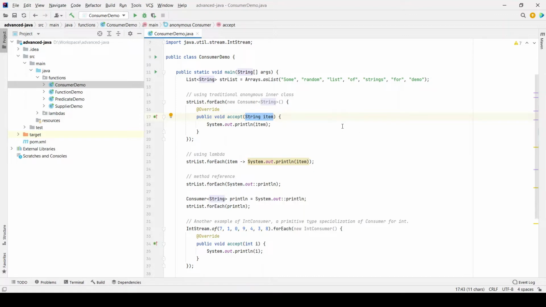Now, since the consumer interface has a single abstract method, it's a target for lambda expressions. So let's write it using a lambda expression. First we'll have the parameter for the lambda expression, which in this case would be the parameter which the method accepts, which is String item. This can be any name. We don't have to name it item. It can be any variable. Then we have the arrow and then the body or the code which runs within the accept method,